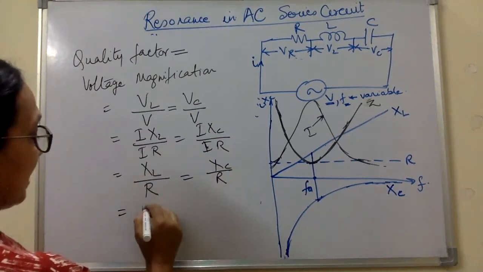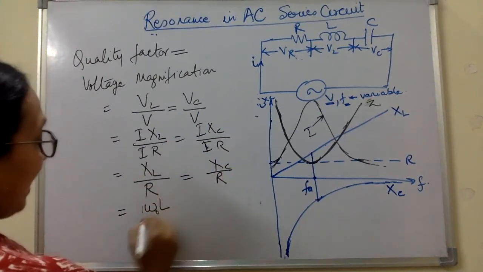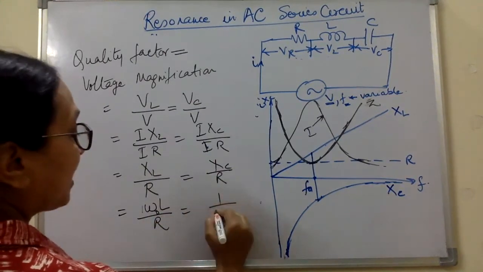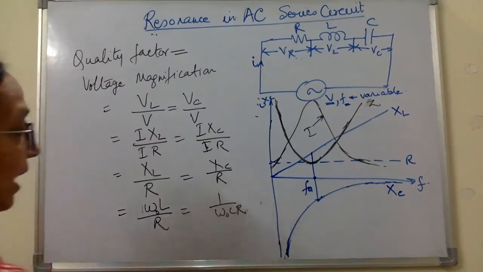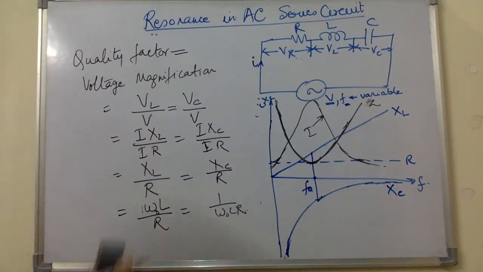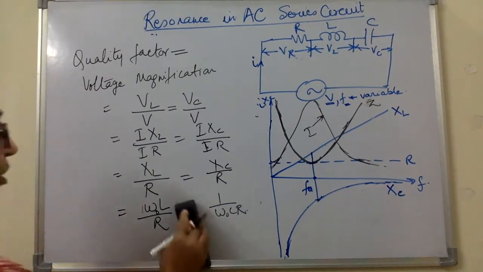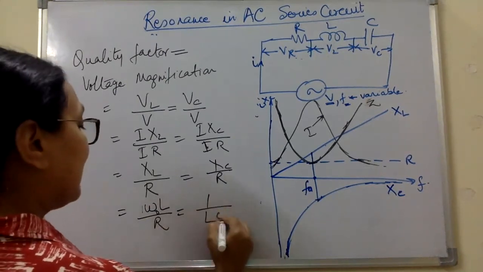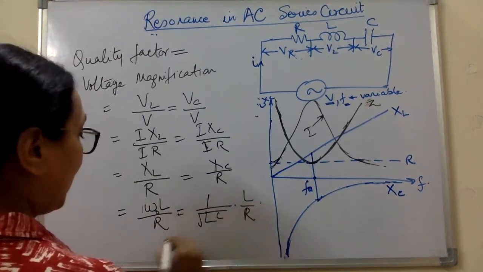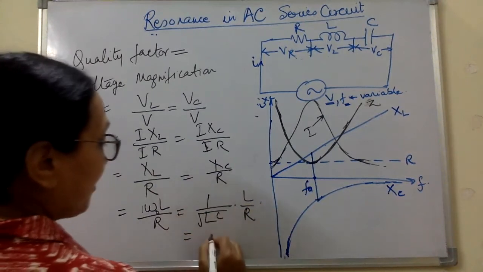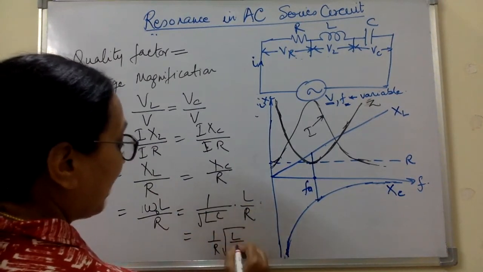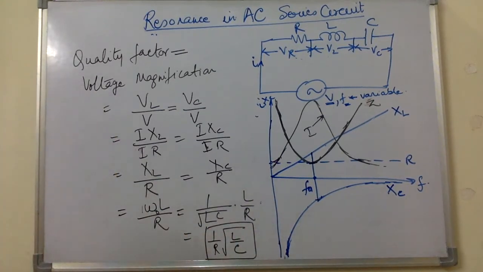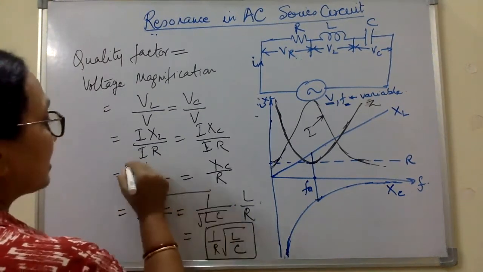That is, XL is nothing but omega 0 L by R, or it can be written as 1 by omega 0 C by R. Or you can replace the omega 0 in terms of 1 by under root LC into L by R, or this can be written as 1 by R under root L by C. So this is the quality factor of the given circuit,